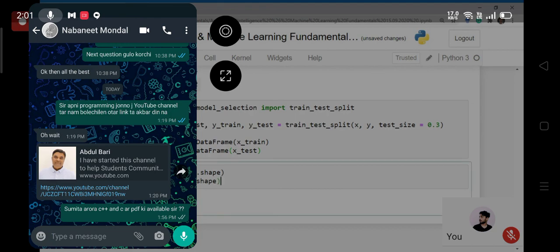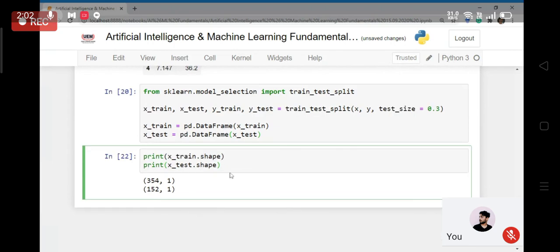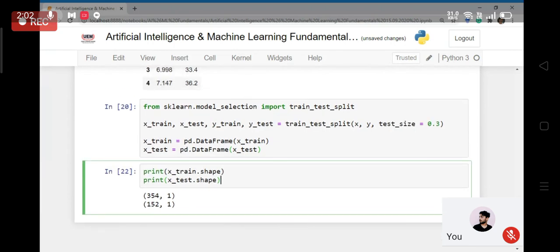So if you just do the calculation, you will see that that's 30% because the total number of data instances is 506. And if you take 30%, that is almost equal to 152 rounded up. So this is how we are going to split the data set. I think I have already crossed my time limit, so I have to stop over here. So in my next class, I will actually show you that